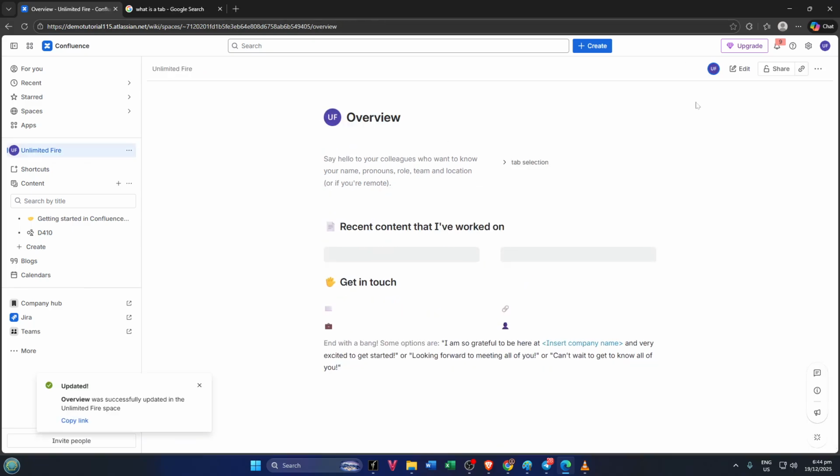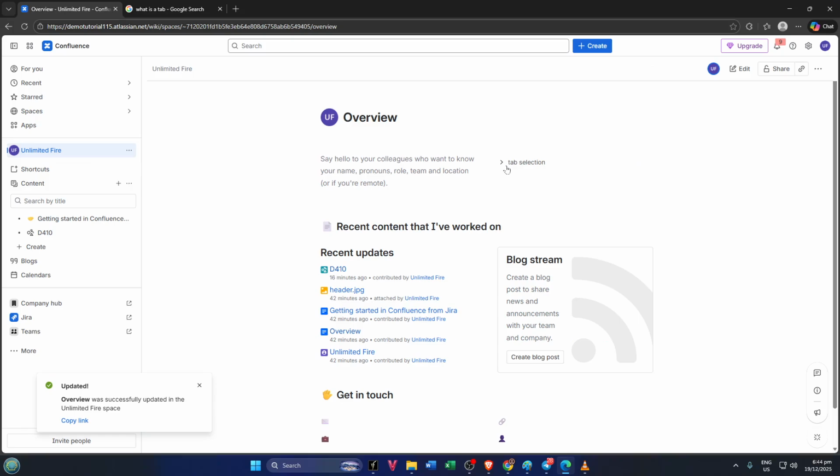And that's it, you've just learned how to add tab-like sections to a Confluence page using only the built-in expand